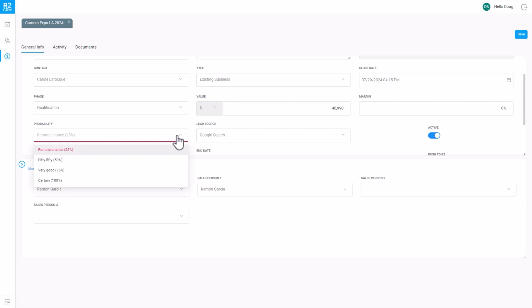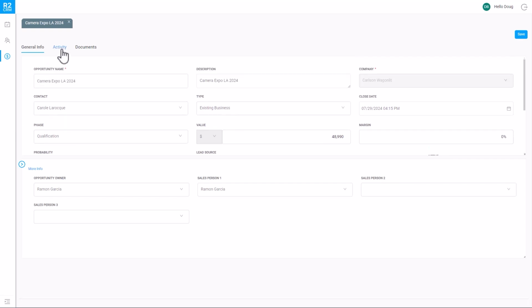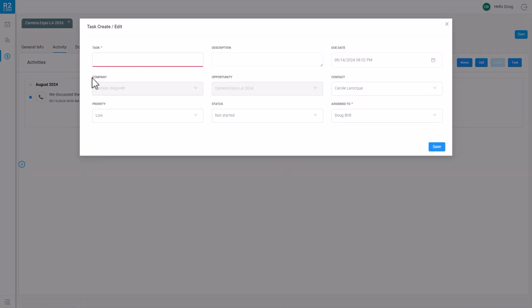Other information that's important to track on an opportunity is the value, the expected close date, and the lead source. You can use the same activities we saw earlier to track your activities on opportunities. List any activities that you had previously, and from here I can go and create a new task,